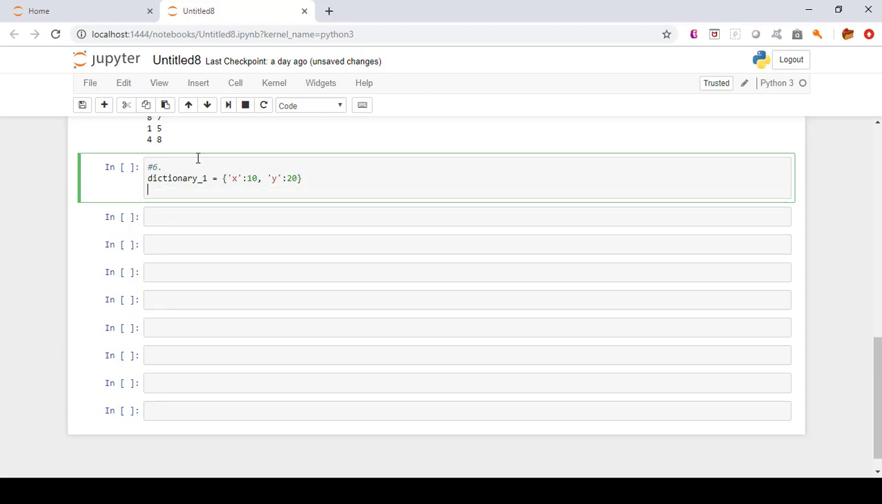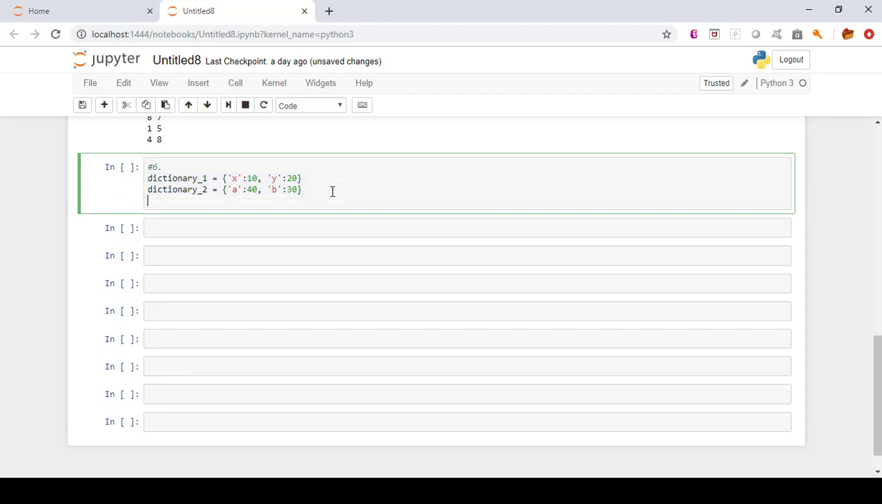And I have a second dictionary, let's say dictionary 2. The first key-value pair is a, let's say, 40, b 30, and now I want to merge these two dictionaries here. Okay, so how can I do it? Just one line of code, and you will see how efficient it is to merge these two dictionaries in just one line. Okay, so I will name the dictionary here, so star star, and then dictionary 1,